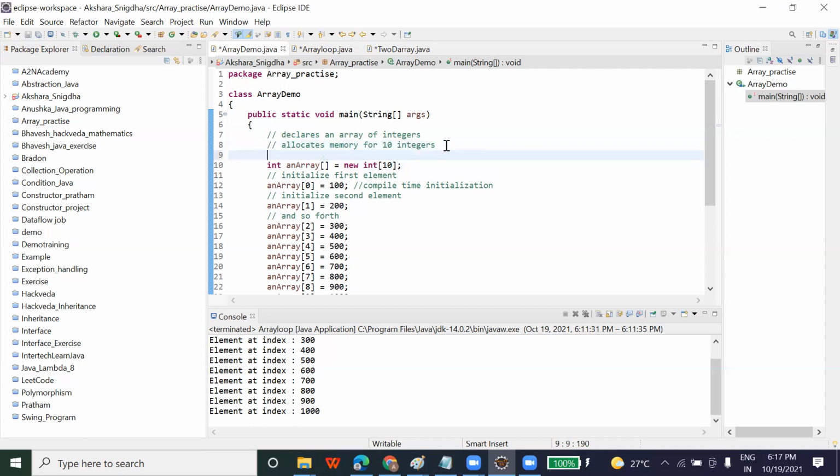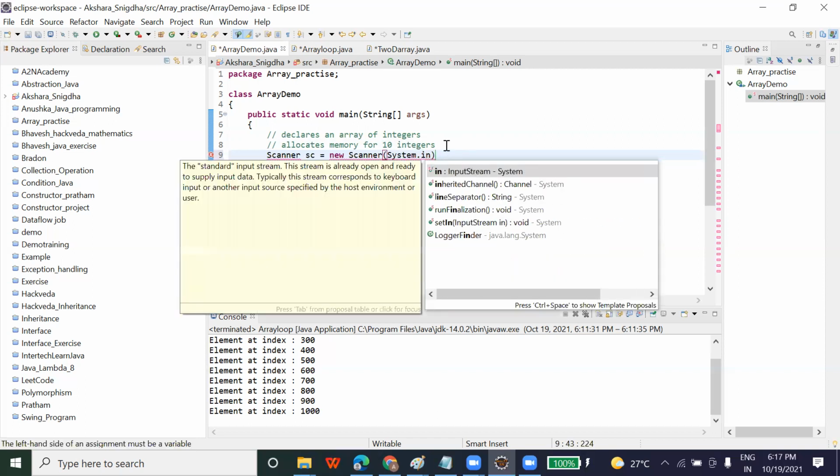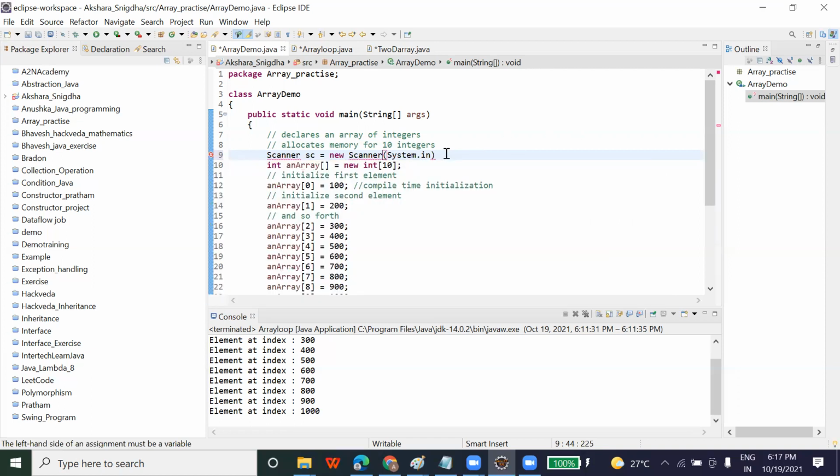You have to add it here, like Scanner sc equal to new Scanner(System.in).